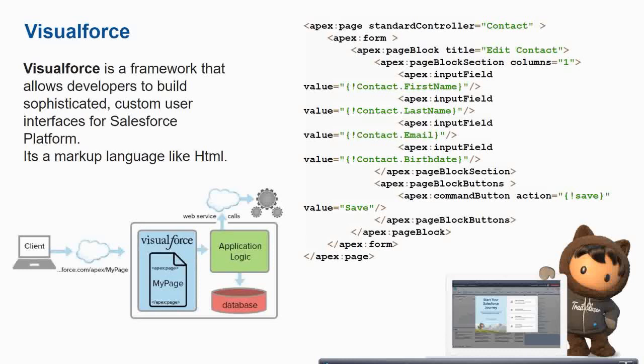It is like the view, and Apex is like the controller. You can connect this view and the controller using standardController equal to Contact. You can see over here standardController equal to Contact. Using this binding, whatever you put, you can fetch. So this is the view, the markup, the HTML, and the middle one, the backend, is the Apex, and there is a database. So you get an idea.